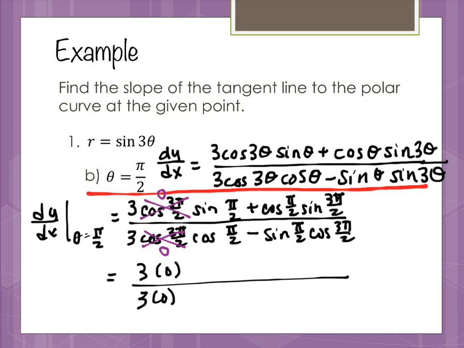What's the sine of pi halves? 1. What's the cosine of pi halves? It's 0 again, so I didn't even get that one marked. That one's 0. And I've got another cosine of pi halves. It's over here, right? This is 0. What is the sine of 3 pi over 2? It's -1, right? Now, you might be looking at this and saying, okay, the whole numerator is 0,